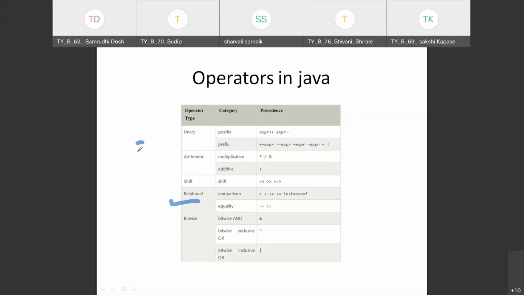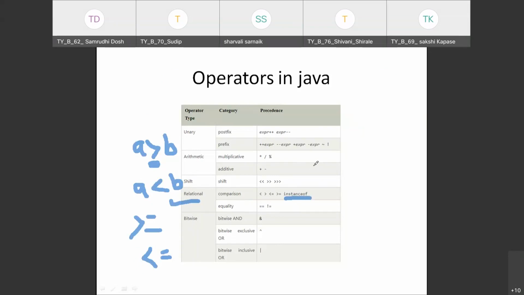For example, if I want to check whether A is greater than B or not, this greater than symbol, or greater than operator, we call a relational operator. Similarly, we have the less than operator, greater than or equal to operator, less than or equal to operator, and the instanceof operator.